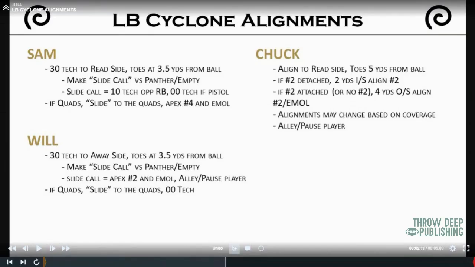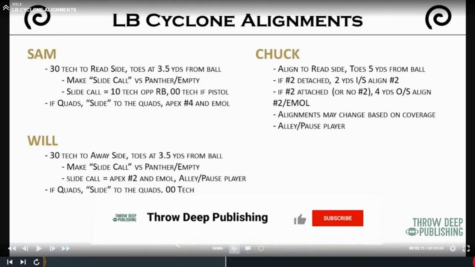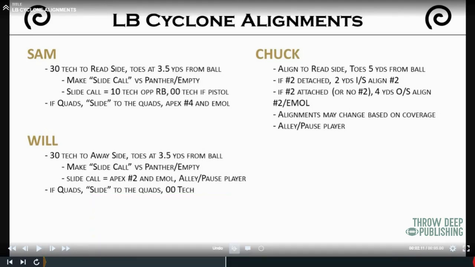Our linebacker alignments. We treat our Chuck as a linebacker. We're a small school, it's not that we have 6 or 7 coaches here every day on defense, that sort of thing. So our Chuck does go with the linebackers. If you are a larger staff, where you had a guy that could handle your nickels, that is something that